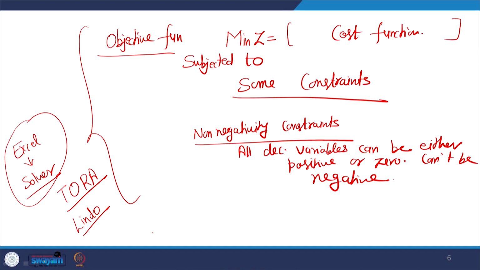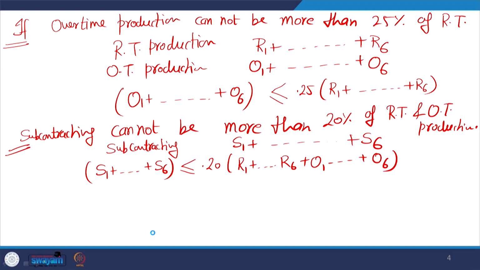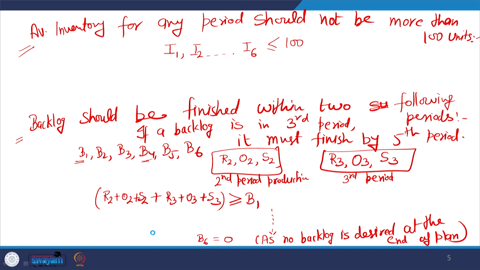And regarding the different types of constraints, we have taken only 1, 2, 3, 4 constraints in this problem, but many more constraints you can think of. We did not take any constraint with respect to hiring and laying off of the employees. So, you can take constraints with respect to hiring and laying off also, and for that purpose you should know what is the cost of hiring and what is the cost of laying off, because that also needs to be built into the objective function.